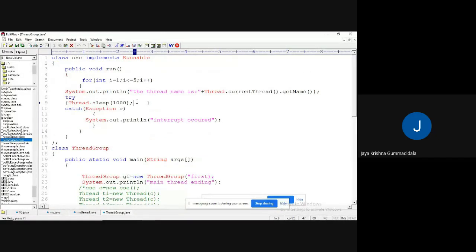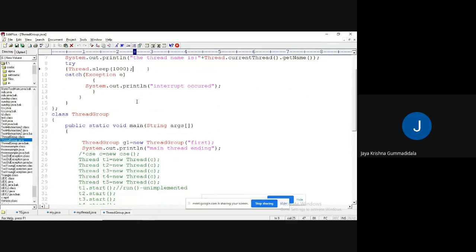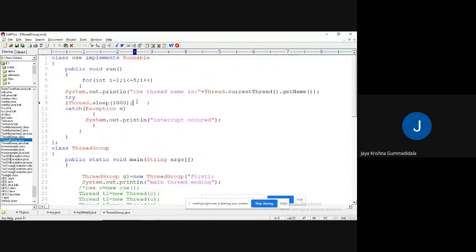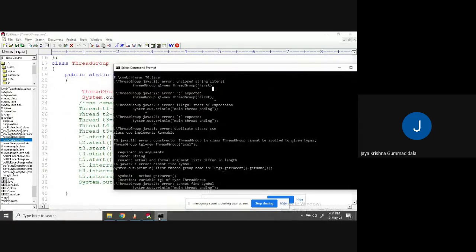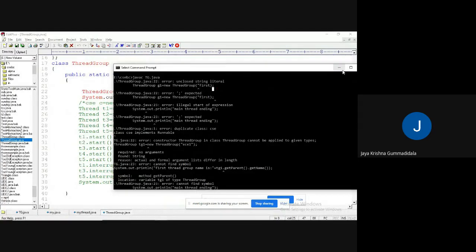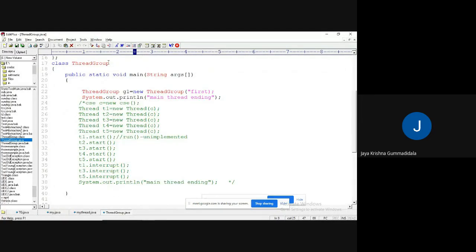Okay, fine. See, observe, guys. It is executing some other group.